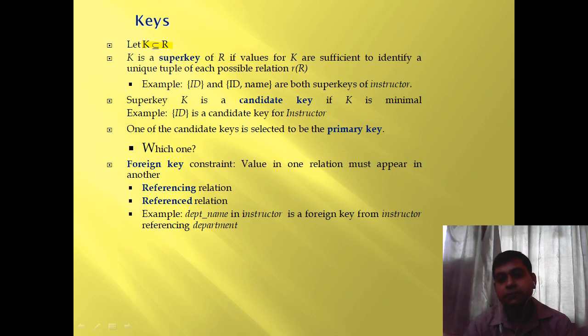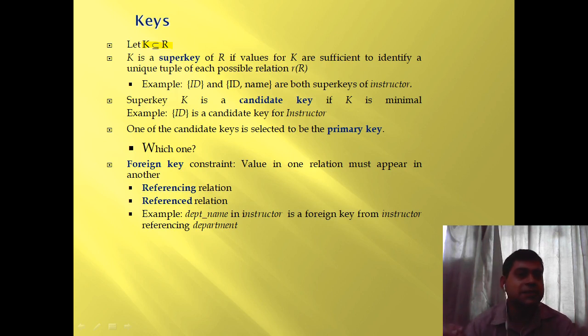Okay. Now let's say in relation R there are 5 columns A, B, C, D, E. Out of that, A, B, C are forming superkeys. So what will happen to D and E? They are not taking part in the formation of the keys. So D and E will be termed as non-key attributes. Okay. So up to this we understand superkey, candidate key, primary key, secondary key, and as well non-key.